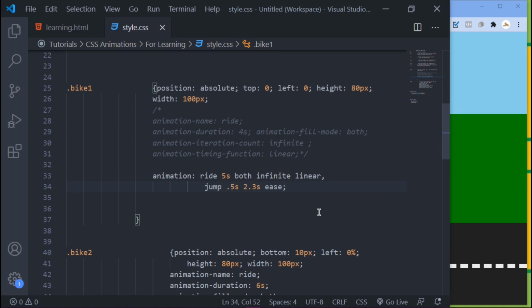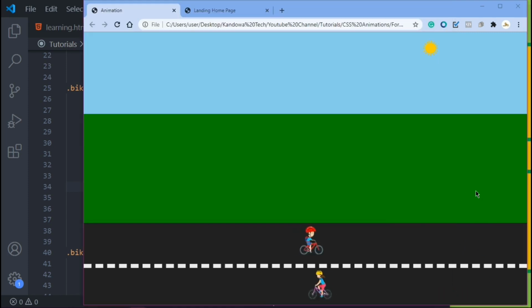So yeah, that was it for this tutorial, and this is actually our final tutorial of this CSS animation crash course. Throughout this we cover a lot. I hope you learn a lot. So yeah, like I told you in our introduction, at the end of this tutorial